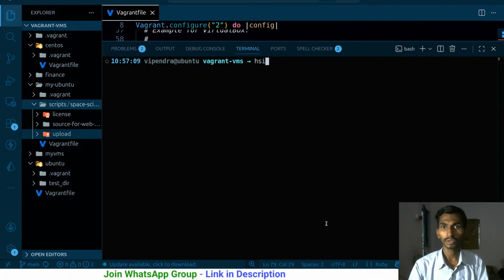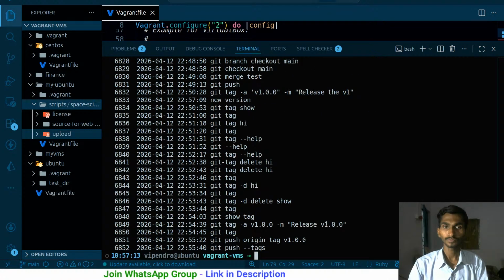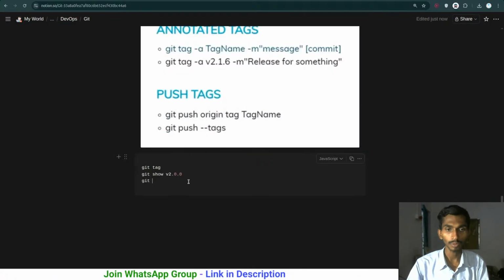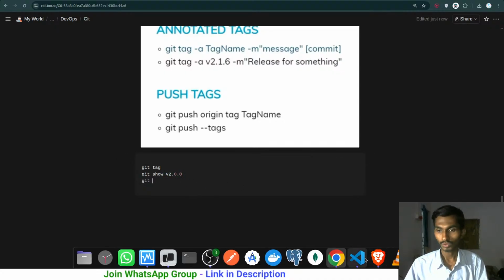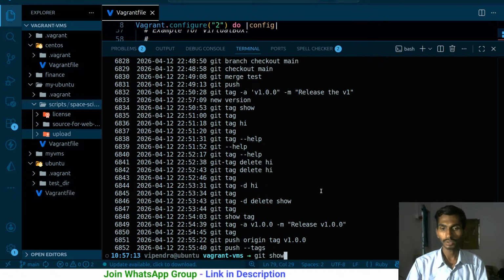History. So first of all, I ran git tag. I can even create them on my own. So git tag simply shows the list of all the tags. Then you can simply show a particular version as well. Suppose I want to say git show version